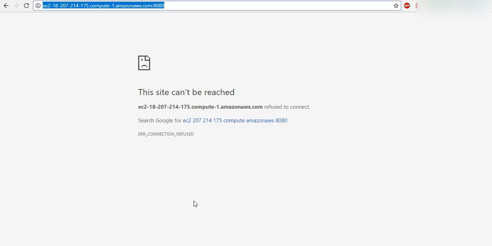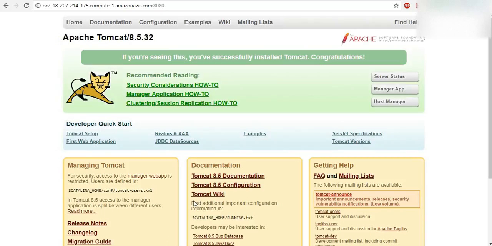Now if I go back here and hit F5, you will see Tomcat will be up and running once again. Now this is a normal thing, this we can do anywhere. Now why do you need Docker? One thing is the installation happened very fast. Now what do we need Docker for?